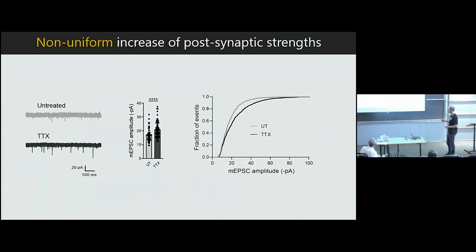And we got similar results looking at miniature excitatory postsynaptic currents. We got exactly the same average increase in the size of the response. Then when you plot the distribution of quantile events, you don't see a multiplicative increase. And again, in the small values, you have an overlap of the two distributions. Here, there might be a problem of sensitivity, you're right, even for the small events. But here we have two different approaches, immunocytochemistry and electrophysiological recordings, that converge to the same conclusion.